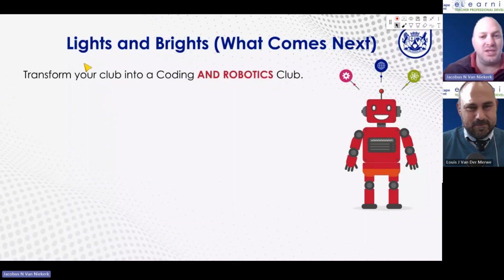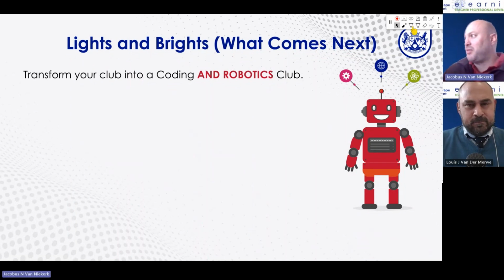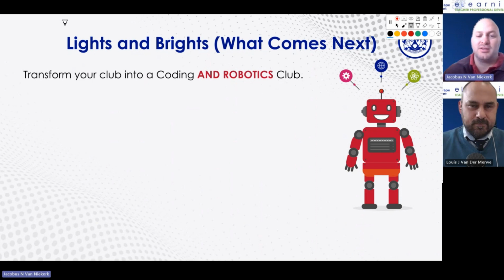But now we need to talk about this. We cannot just ignore this concept. My director always talks about the whole idea of the lights and the brights. The car idea is the lights. That's what's in front of us right now. The brights, if we put them on, then we can see what is happening in the future. Where are we going with this?